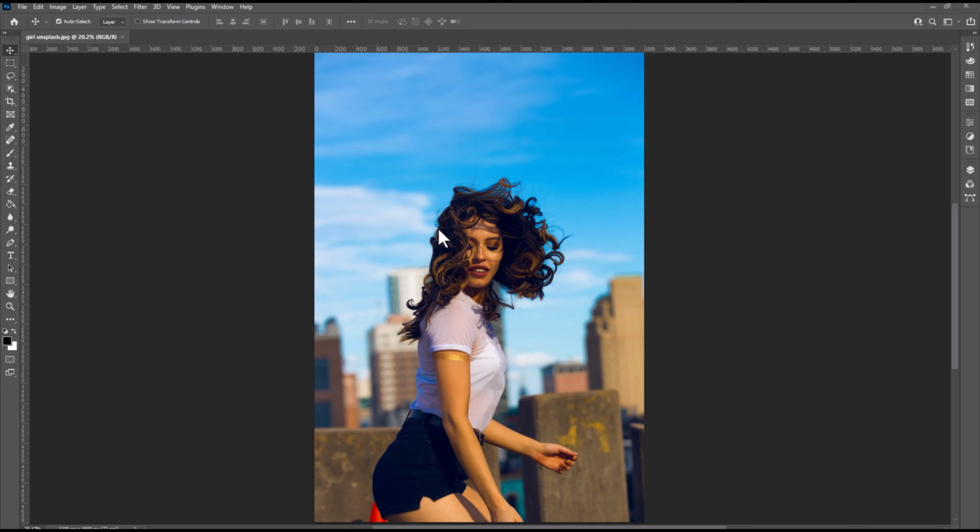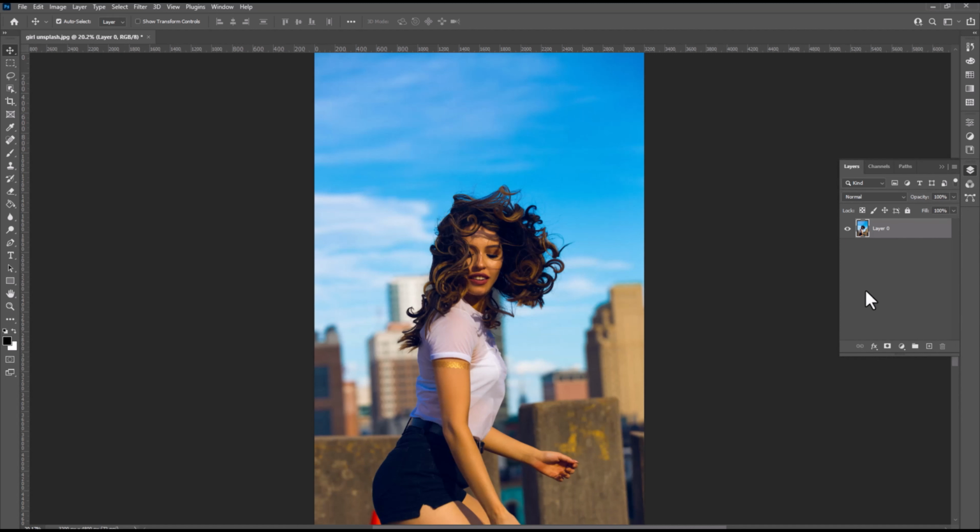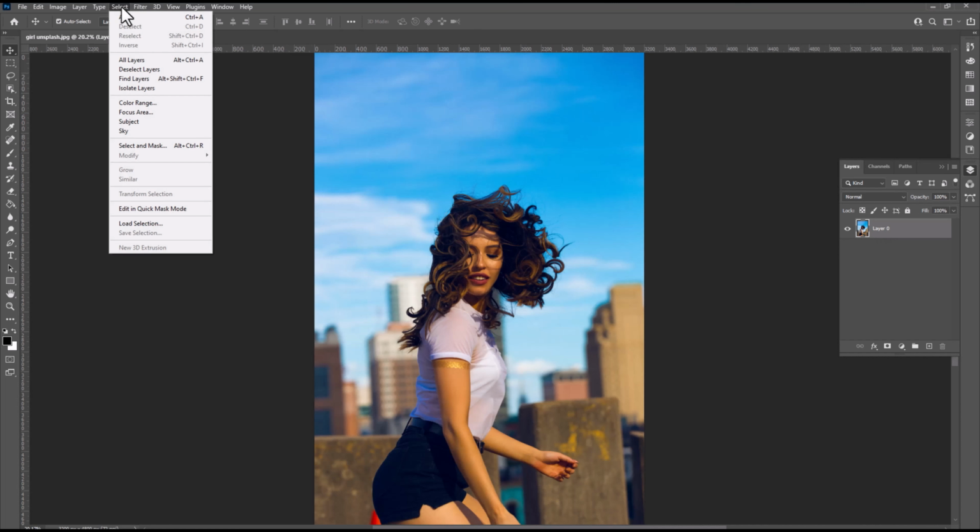This is the picture that we are going to edit. You can download this practice file, link in the description. First of all, unlock the layer by clicking on the lock button and start selecting your subject by pen tool. I'm just kidding. All you need to do is click on the image, go to select and select the option